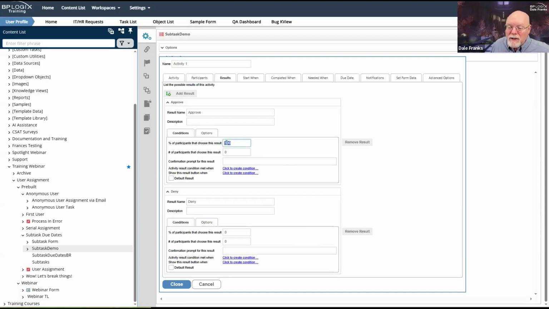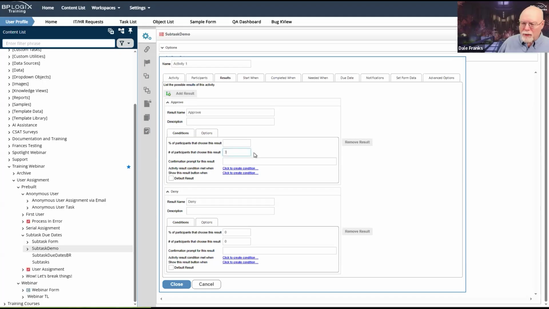Percent of participants that choose this result. Approve cannot be true unless I get 100% of participants. Now, I could also, since I have 3 participants, I could ignore this, and I could set my number of participants to 3.